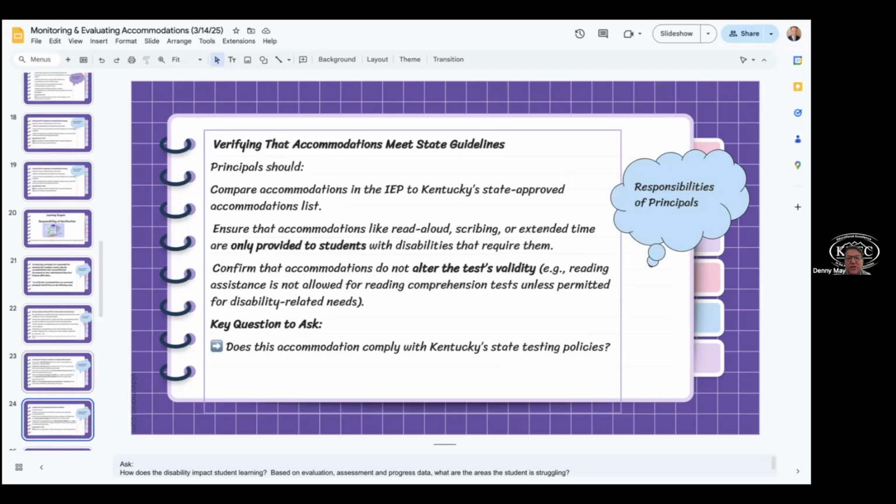Confirm that accommodations do not alter the test validity. Reading assistance is not allowed for reading comprehension tests unless permitted for disability-related needs. And so you just really need to think about how important it is that we verify these things. The key question is: does this accommodation comply with Kentucky's state testing policy?